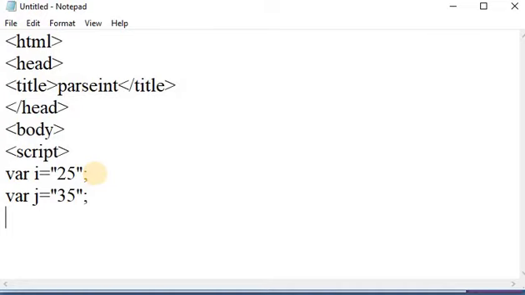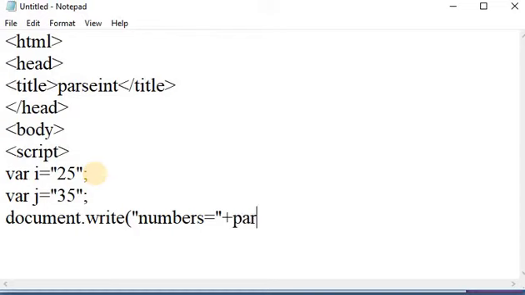Here print this number by using the document.write method, that is numbers is equal to plus i. Then parseInt, write I in capital or uppercase letter.